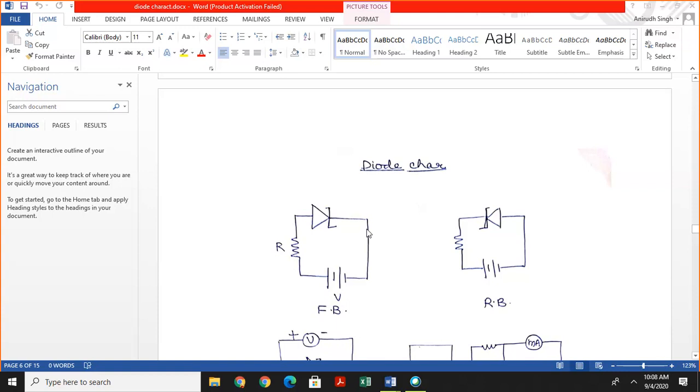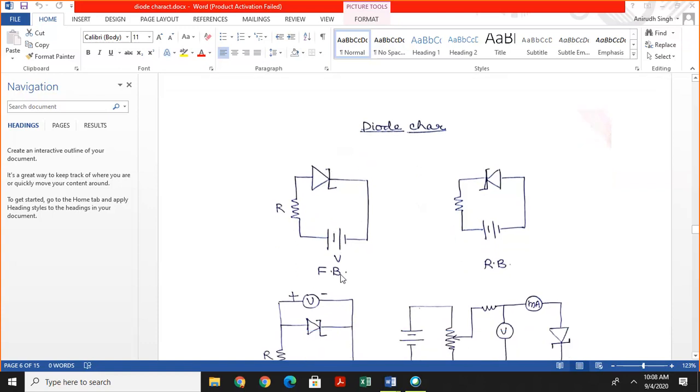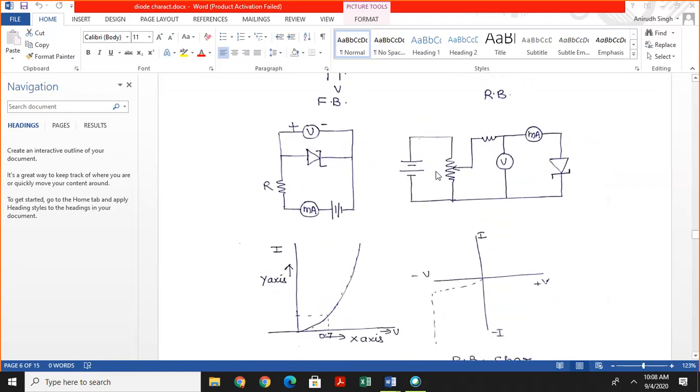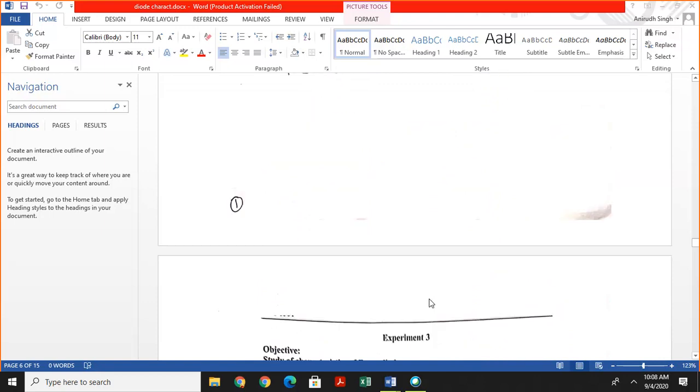Second experiment is the characteristic of Zener diode. This is a Zener diode. This Zener diode is forward biased because the cathode is connected to positive and the anode is connected to negative. Forward bias, and the circuit diagram is also the same, and the characteristic is